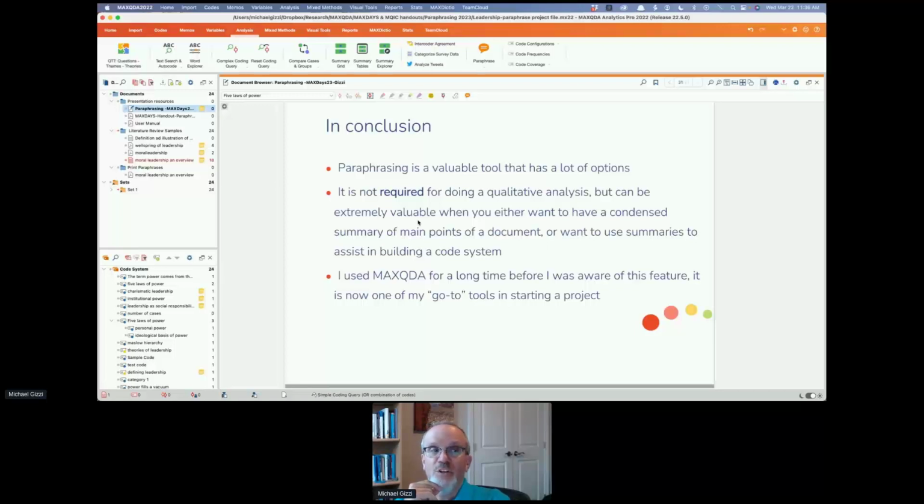Do I always paraphrase in a project? No, it'll depend. I'm working on a research project now where I knew exactly all of my coding system and my major themes were driven from theory. They were deductive. I didn't need to paraphrase to do it, and I didn't need to do a literature review for what I was working on. So in that instance, I didn't bother.